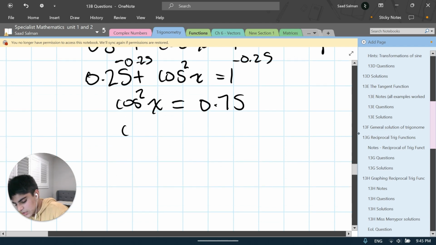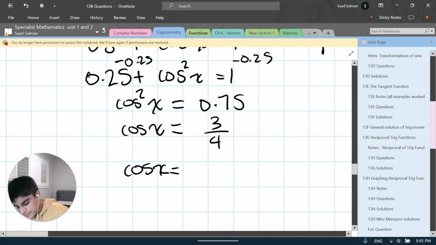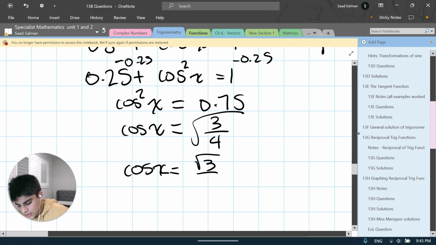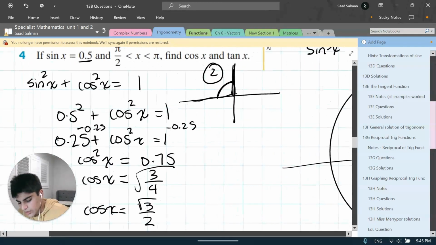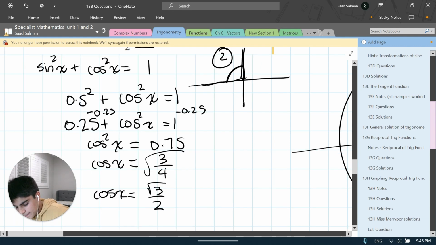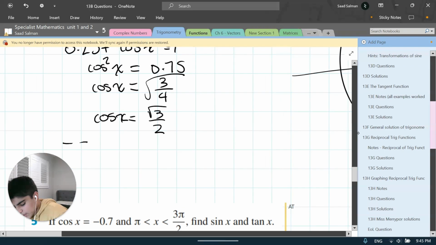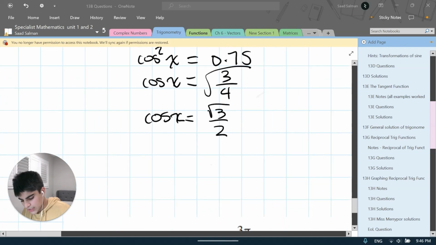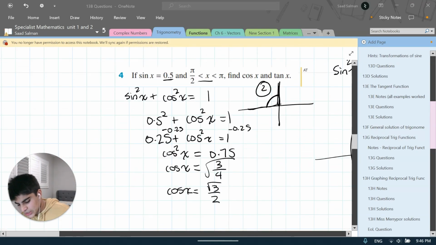And this is cos squared x. Cosine x is the square root of, let's fractionalize this, 3 over 4. Cosine x equals the square root of 3 over 4. Cosine x equals root 3 on 2. Now because we know that we're trying to find an angle in the second quadrant, cosine is negative. As I was saying, because cosine is negative in the second quadrant,